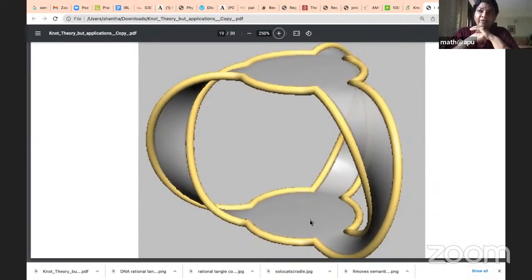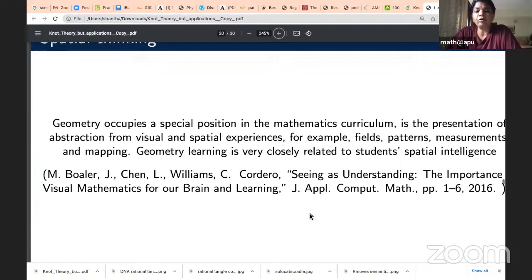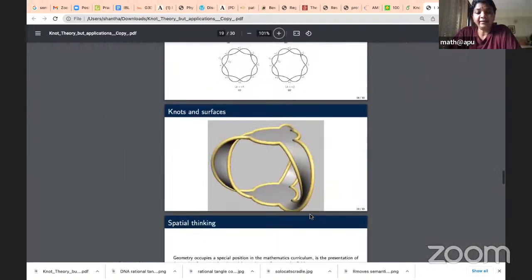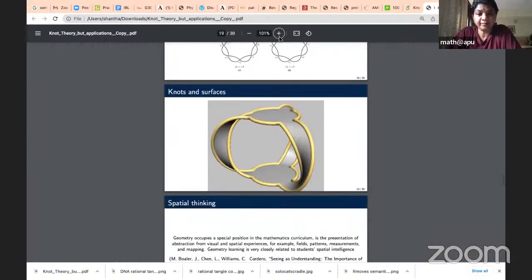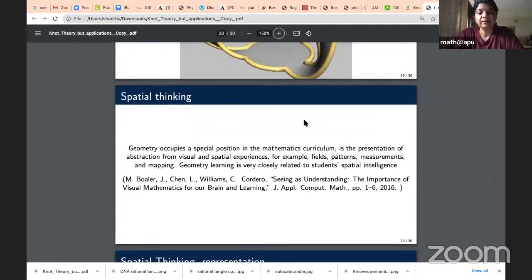So another way of thinking about surfaces is as the boundaries of some surfaces, right? So these are two different ways of looking at knots. Okay, so I want to talk a little bit about our school curriculum. There are a lot of math educators who are currently thinking a lot about visual reasoning, visual thinking,